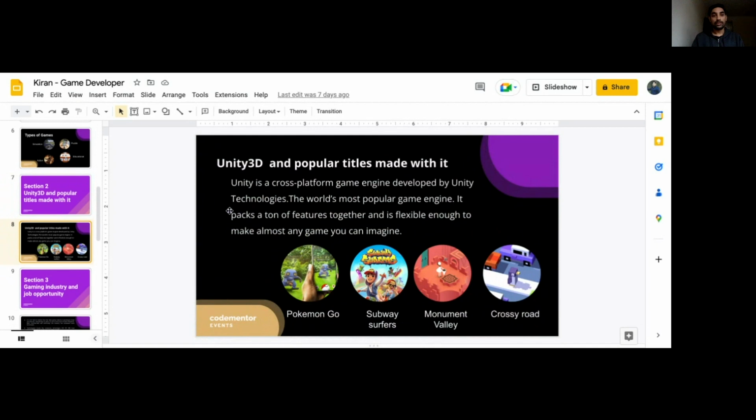As I said, Unity is a cross-platform game engine developed by Unity Technologies, the world's most popular game engine. It packs a ton of features together, and it's flexible enough to make almost every game you can imagine. As I said, you can do everything: games, applications, simulations, and anything. Here are different games, for example, Pokemon Go, Subway Surfer, Monument Valley, Crossy Road. I'm sure you may not have played them, but at least you may have heard about Pokemon Go,